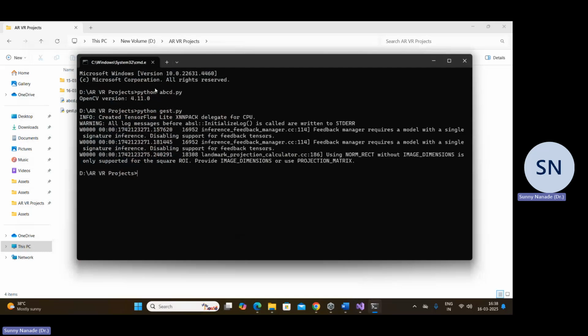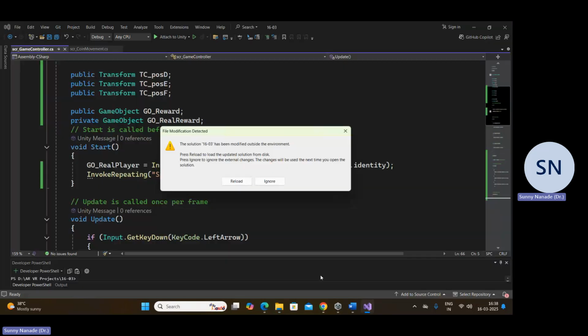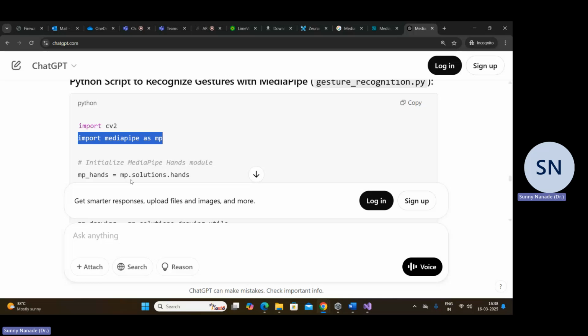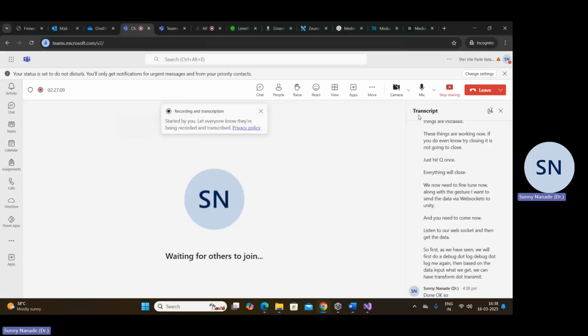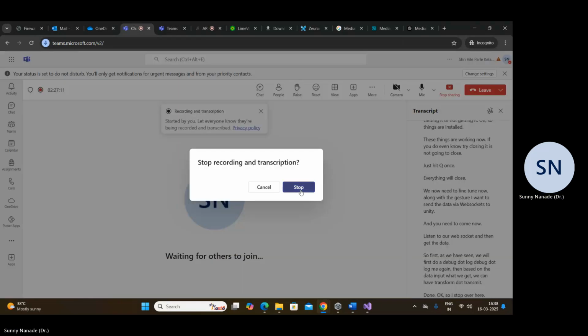We now need to fine tune. We have to tell it that now, along with the gesture, I want to send data via WebSockets to Unity, and tell Unity to now listen to a WebSocket and then get the data. So first, as we have seen, we will first do a Debug.Log. Once it comes in Debug.Log, then based on the data input we get, we can have transform.Translate. Done. Okay, so I stop over here. If any